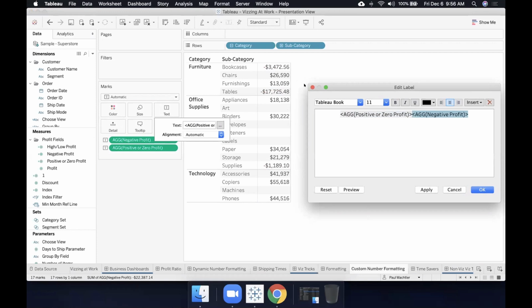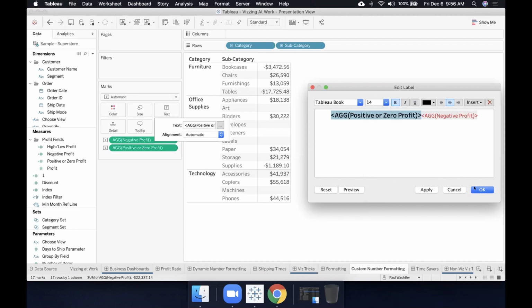For the next one where it's positive, it's returning its value here for positive or zero profit and returning a null value here for negative. So this is really powerful because now it allows you to format these two values differently, even though they're all showing up in the same column here. So I'm going to change the negative profit over to red. We'll keep positive as black, but I'll make this bold. I'll make it larger. And now when I click, I'll make it a little bit larger than that.